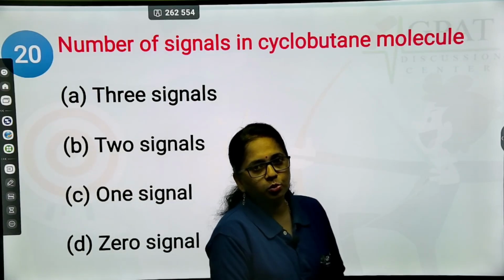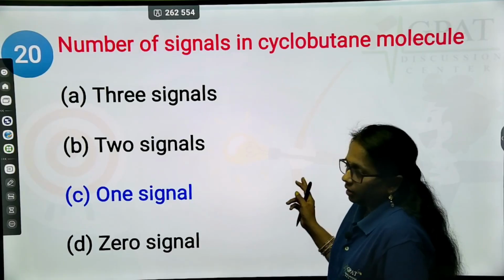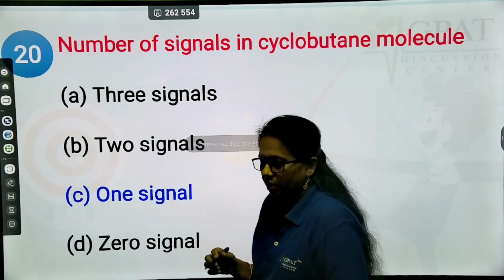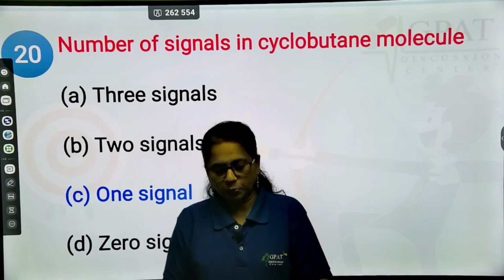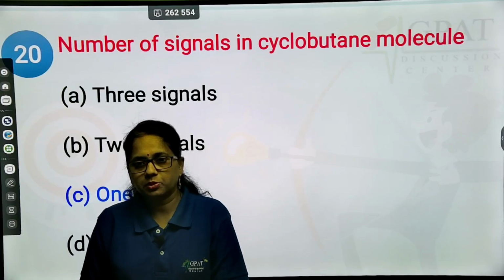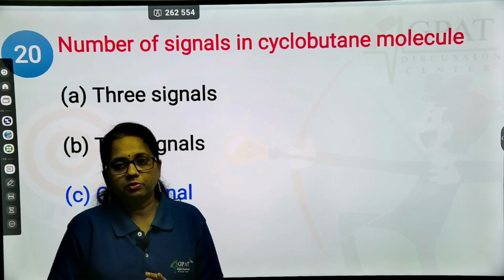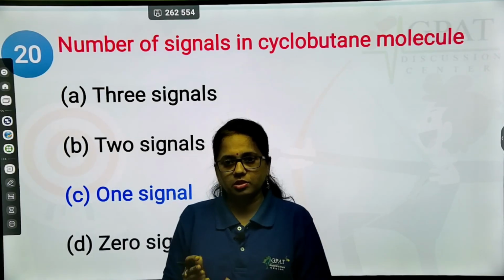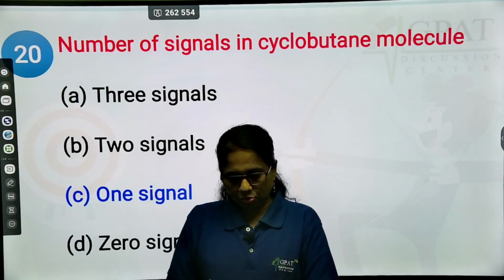In this also, mostly you are going to see only one signal, because cyclobutane possesses only equivalent hydrogens, no non-equivalent hydrogens. For that reason you are going to observe only one signal. If any non-equivalent hydrogens are present, then definitely you are going to see different signals. Okay, so these are some of the MCQs